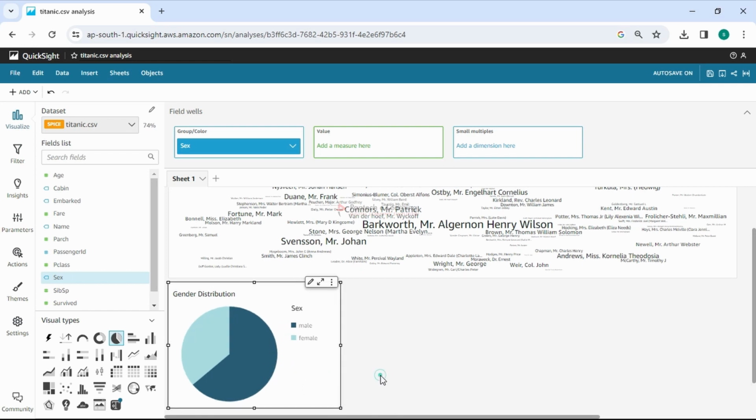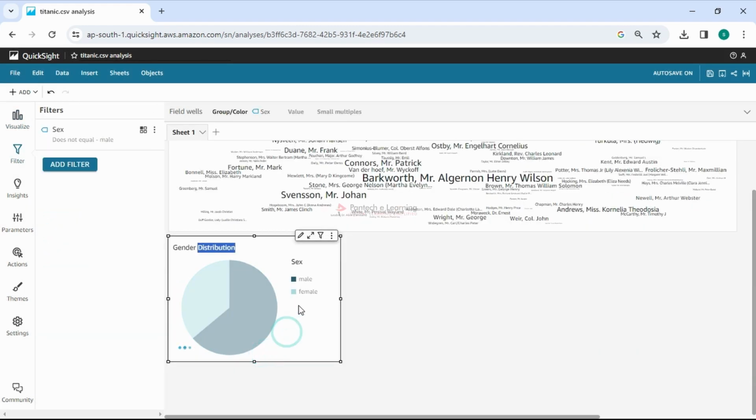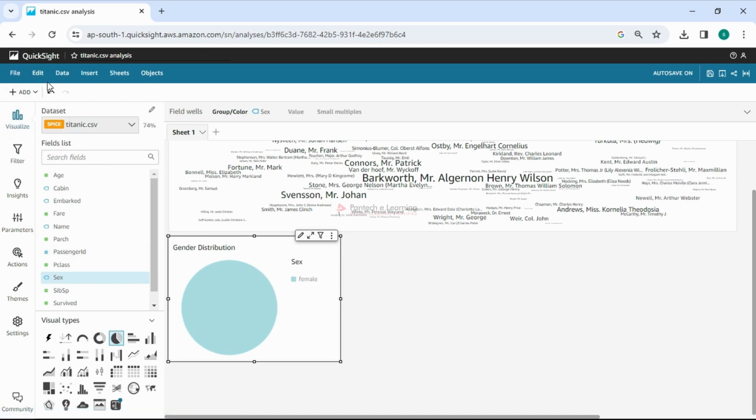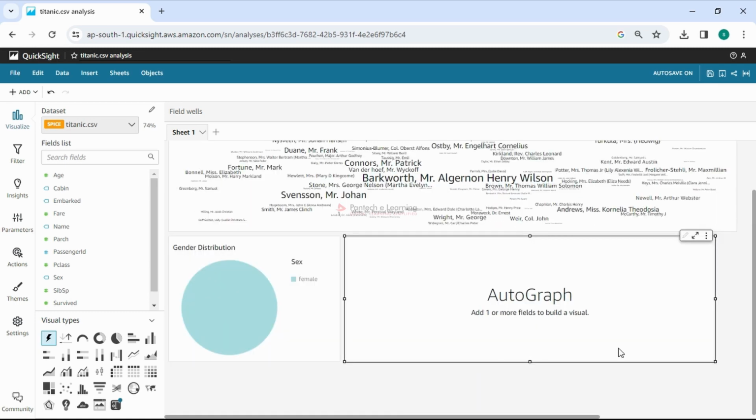Legend and all, it requires some space. Gender distribution is fine. Okay, this is good. Anything apart from that? Yeah, there's nothing to modify. We are in the visualize part. Let me add another graph, another visual. We'll visualize another thing. For example,